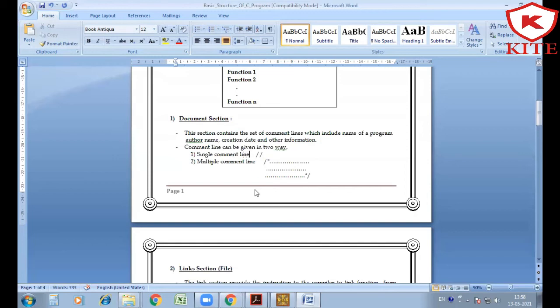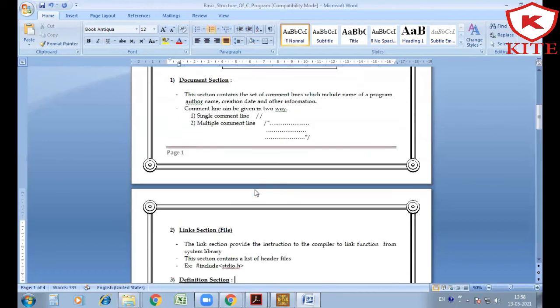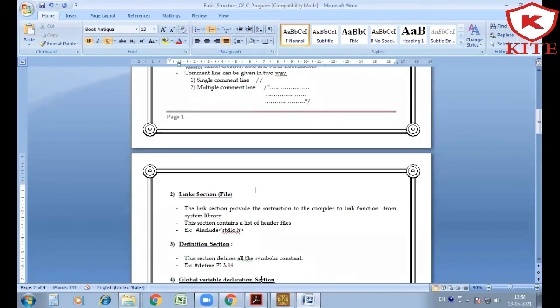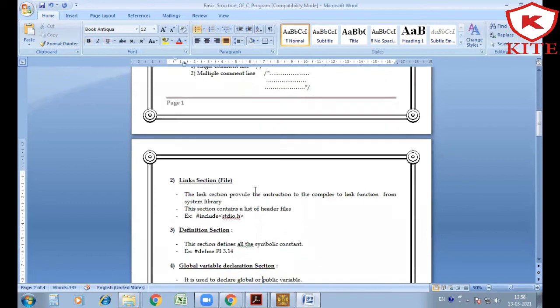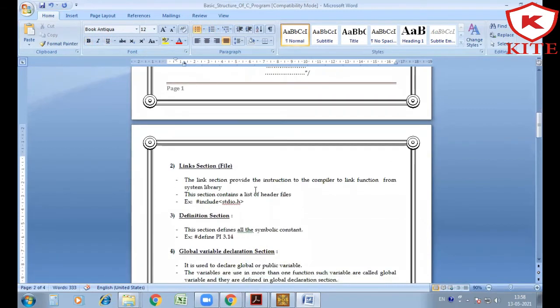Single comment lines are given by a double slash, and multiple comment lines are given by slash star, then star slash. Now, in the link section, we provide the link from the system library, and the basic example is #include stdio.h. Now, the third section is the definition section. In this, we can define all the symbolic constants like #define PI 3.14.